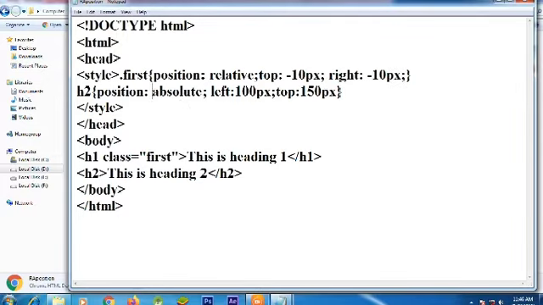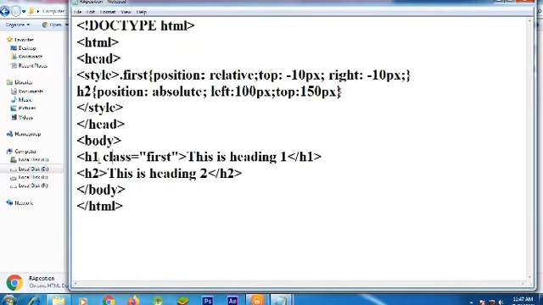And what is absolute? Absolute is the position that fixes the text to its exact position, that is from left it will set it to 100 pixels and from top it will set it to 150 pixels. Let's see how it will work.